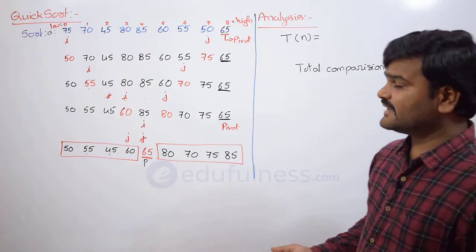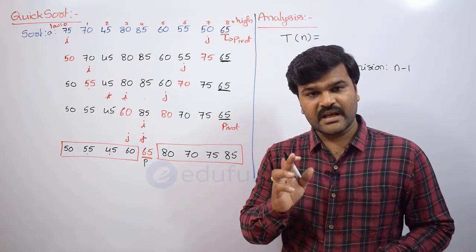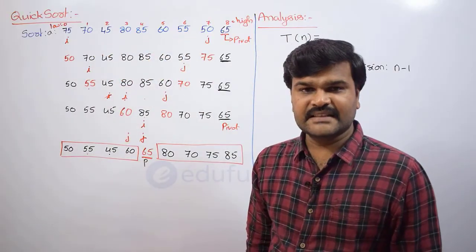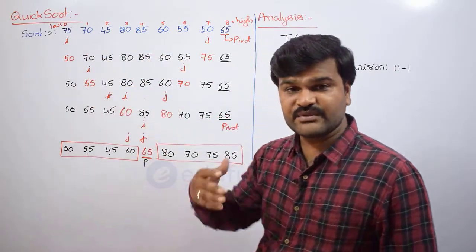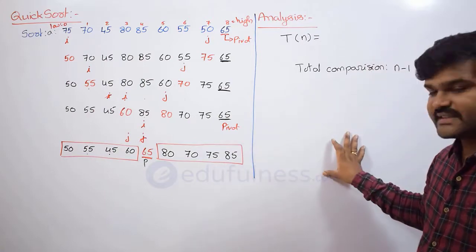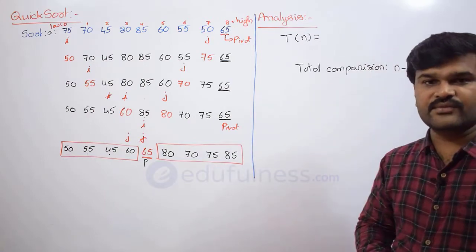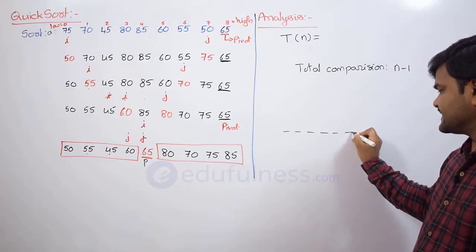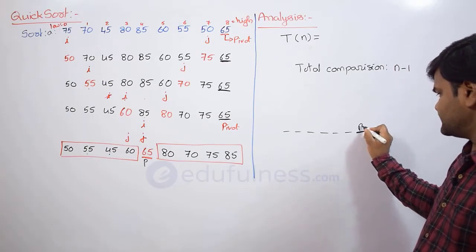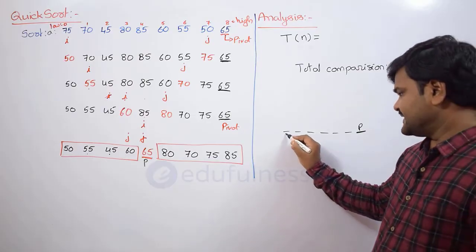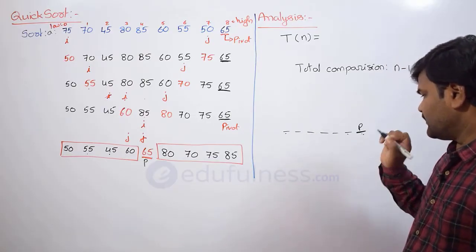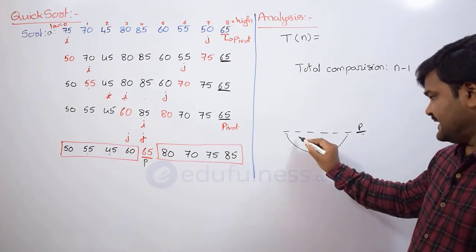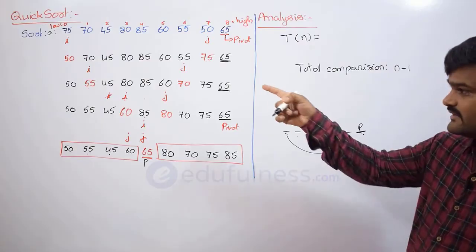And after that, any other operation we did? One operation we did, that is what? Swapping actually. Is it or not? So how many swaps did we perform? Let us try to understand very simply the worst case number of swaps. For example, if I take 6 elements, and of course this is the pivot, assume. This I compared with the pivot, this element I compared with the pivot, and I am performing a swap. And then j will come here, right? That is what we can observe.